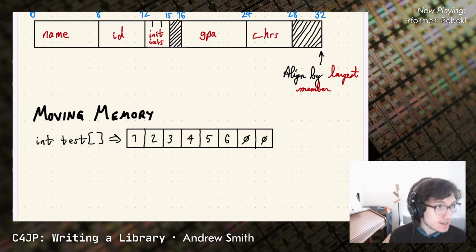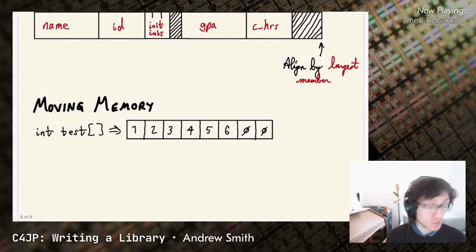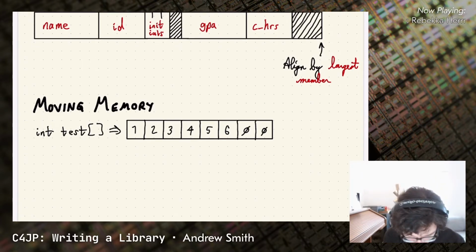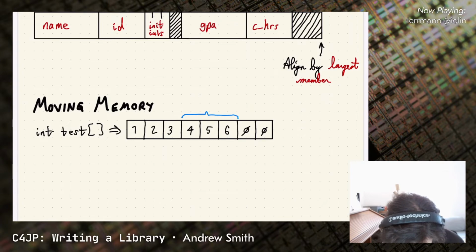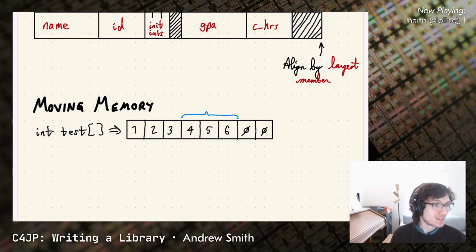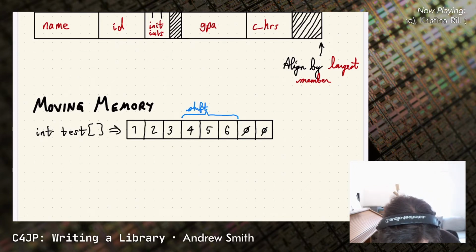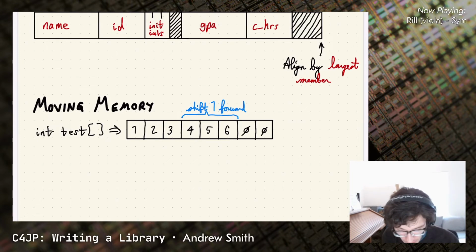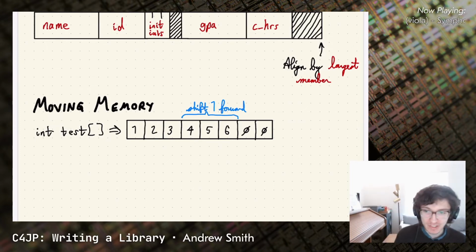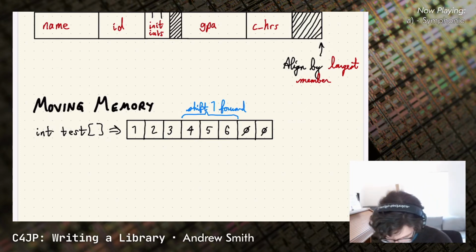All right, and now let's say that I want to move this region of memory, 4, 5, and 6. So I want to move these bytes down 1 position. And so I'd really like to shift them down a single index. So shift 1 forward. And now the way that I'm going to do that with memmove is exactly what we just talked about. So I'm going to call memmove